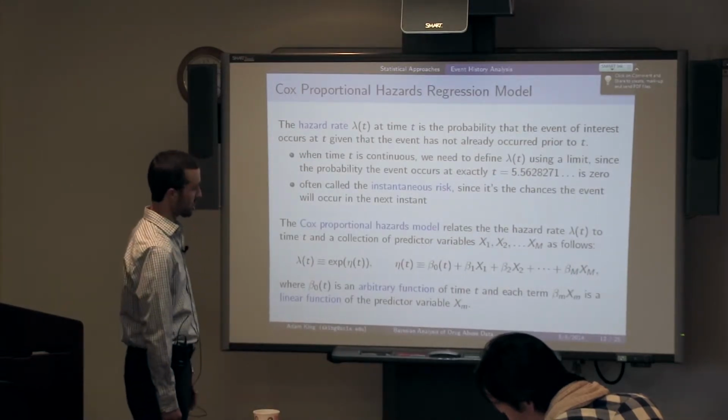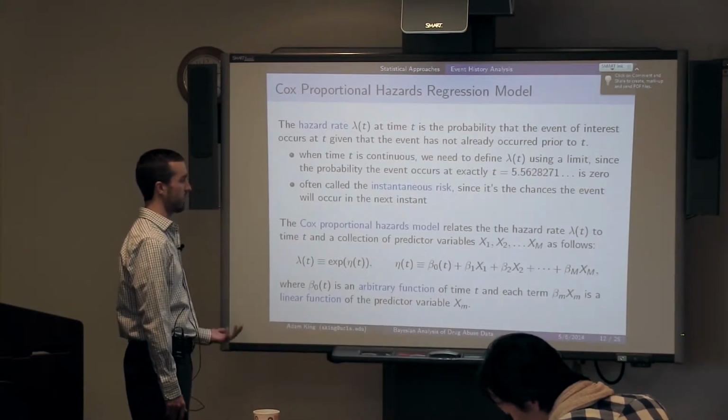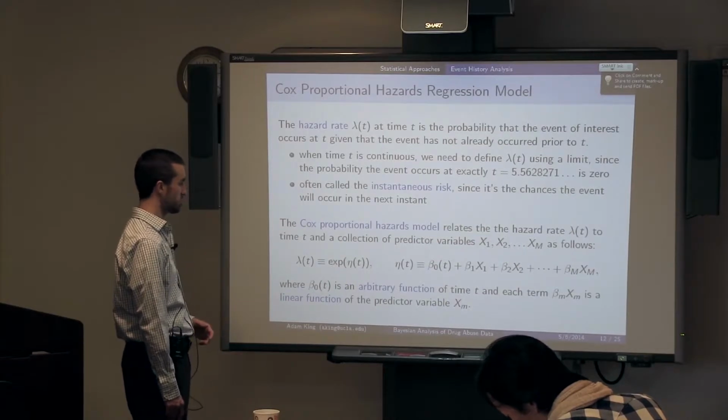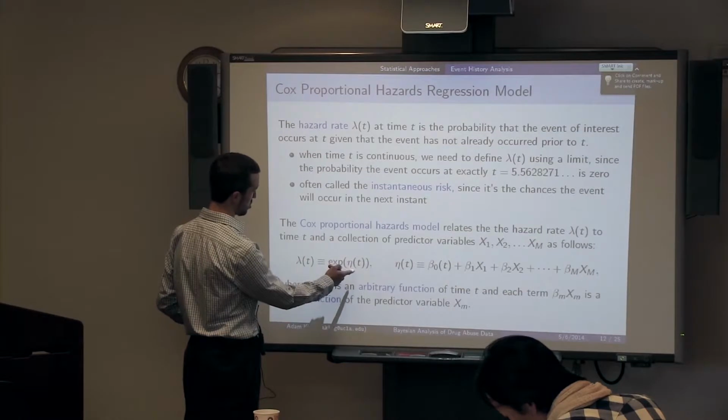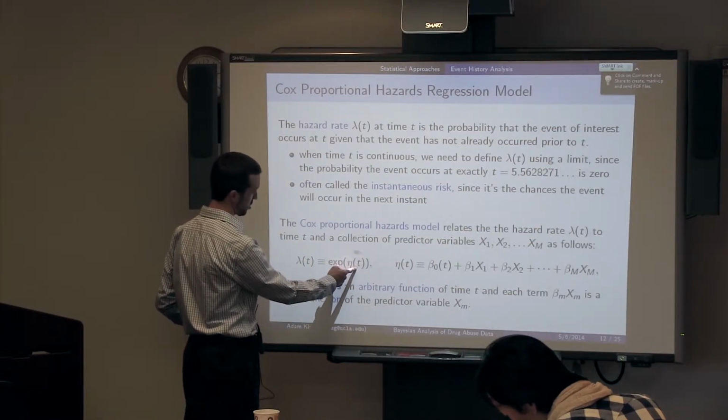And the most common way to analyze survival time data is with the Cox proportional hazards model. What this does is it says the hazard rate is equal to a function of our predictors and also,